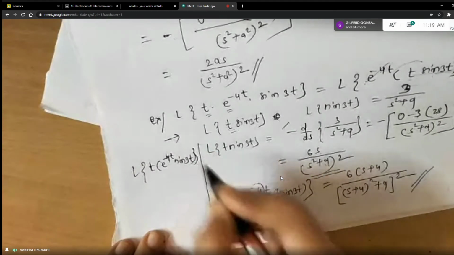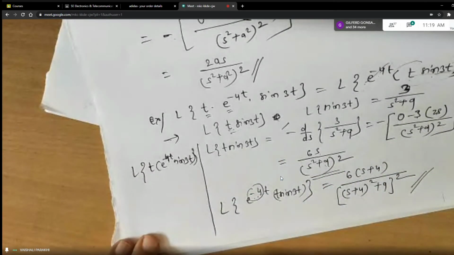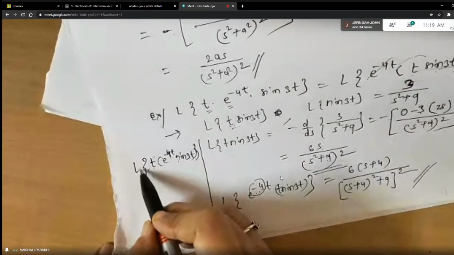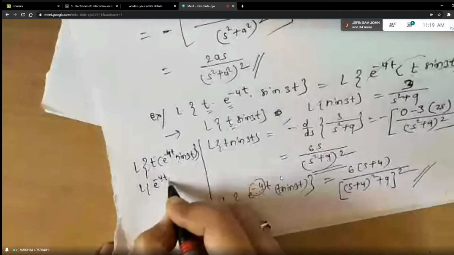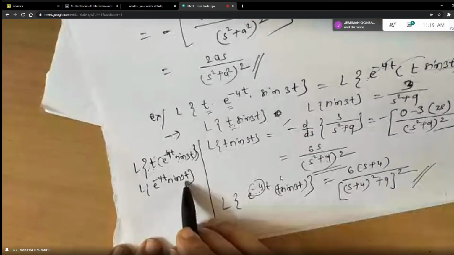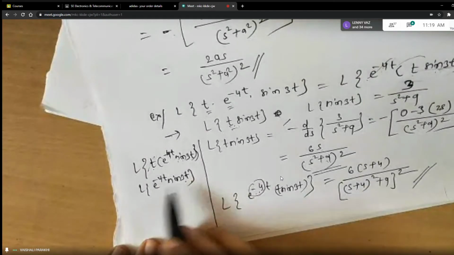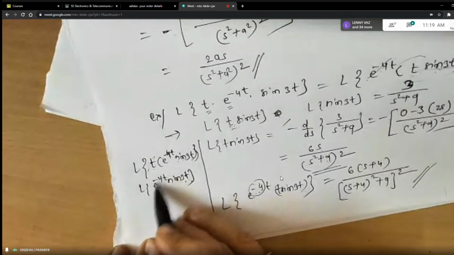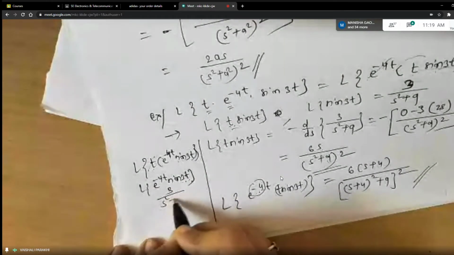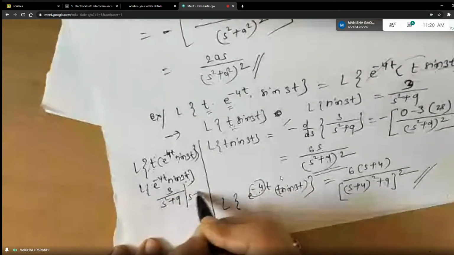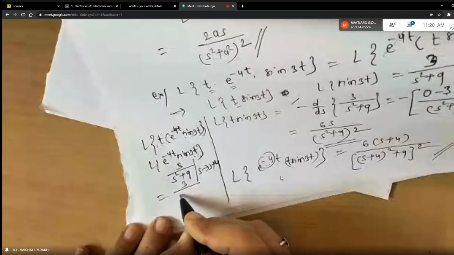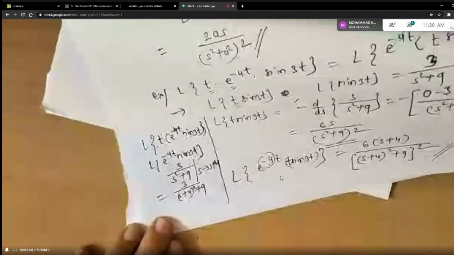But Jepin, what will happen here is, your terms will be bigger terms for differentiation. So what does the t into formula say? You have to ignore t, find Laplace of the other function. So it is e raised to minus 4t sine 3t. I have ignored t and I am finding Laplace of the other function. Again in Laplace of the other function, what happens? You have to use the first shifting property. So ignore e raised to minus 4t. Laplace of sine 3t is what? a upon s square plus a square. And s should be replaced by what? s plus a, that is s plus 4. So how will it look? 3 upon s plus 4 the whole square plus 9.